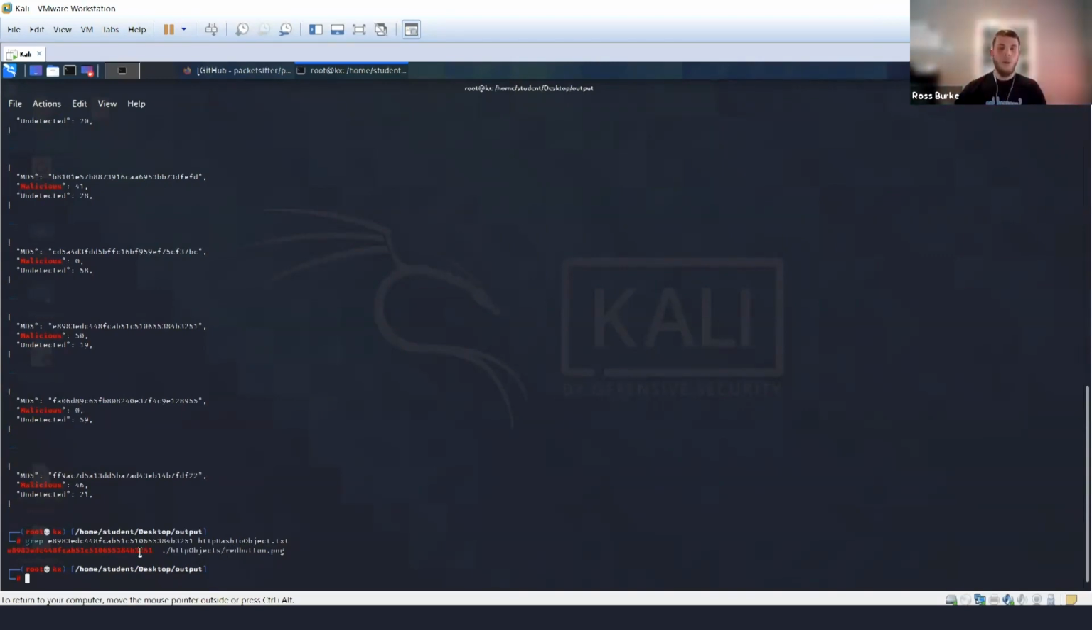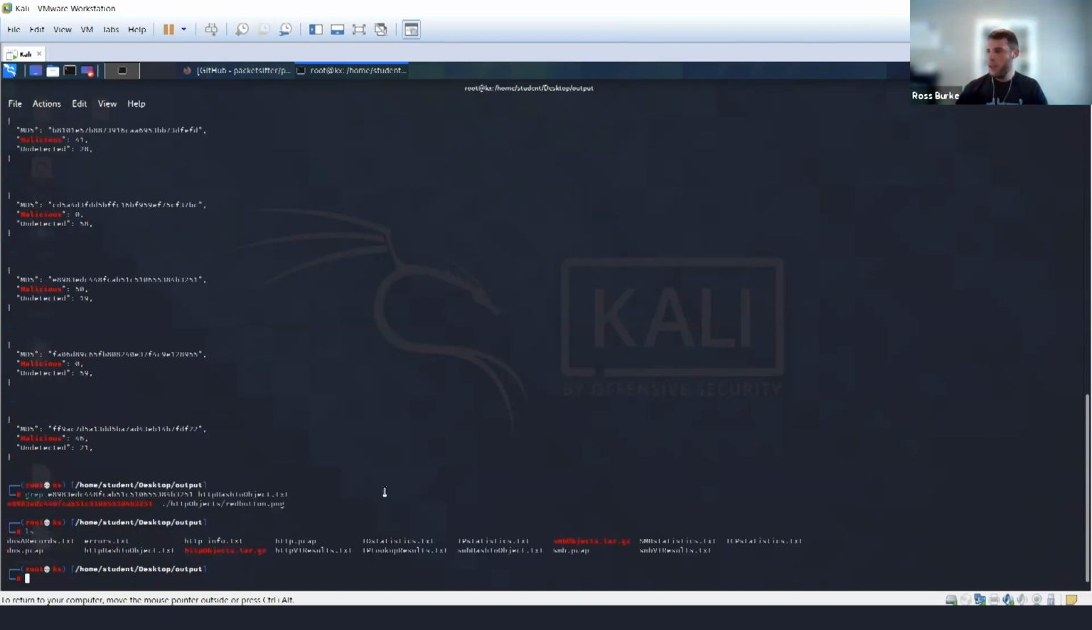So I don't know about you, but typically I don't think of malicious PNGs, right? I don't think of pictures being malicious. So in my mind, this is probably not a PNG. This is probably something else. Now that it's already been carved out too, right? Because if we look here, you see the HTTP objects.tar file. It's already been carved out for us. So all we need to do is untar that,